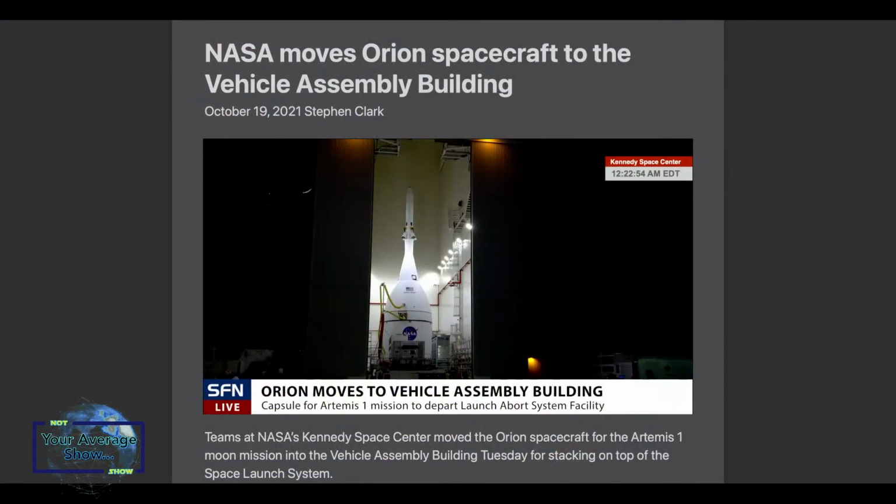NASA's next deep space system, now the moon SLS system, and so it's to be stacked on there. It's actually got its launch abort system already on there, the one with the 4 solid rocket motors on top of the capsule in case they need to get off quickly. So basically, what this is all part of is Project Artemis, and